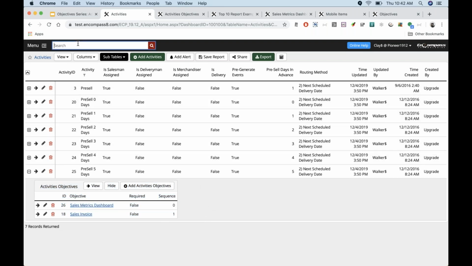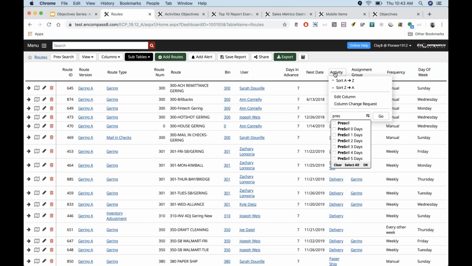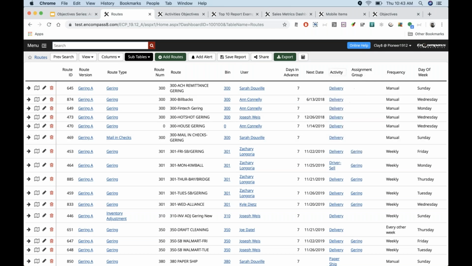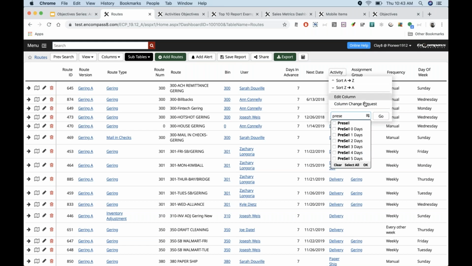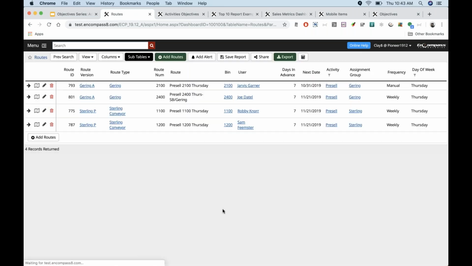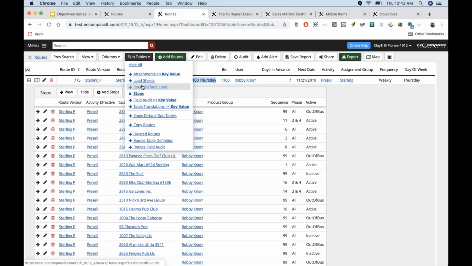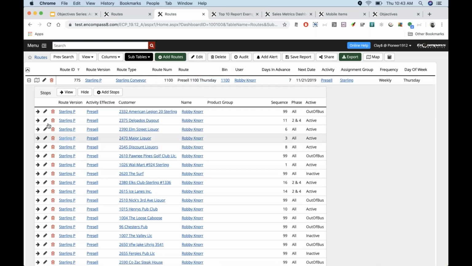So these activities we know are tied to our routes, and routes are responsible for generating plans. If we generate a new plan, then we should be able to see those tasks actually being generated. So let's see if we can get that done in this demo. All right, let's find a good pre-sale route for today. Today is Thursday. Okay, we're going to pick this route here for Robbie. All right, so I know that we want to generate a plan for Robbie. Let's see if there are any plans already generated for today.